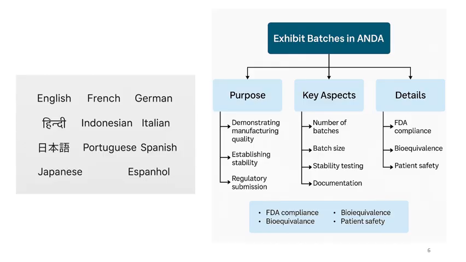So in short, the exhibit batch purpose is to demonstrate manufacturing quality, establish the stability and meet regulatory submission requirements. Key aspects are number of batches, batch size, stability testing and the documentation. Then exhibit batch details: FDA compliance, bioequivalence, patient safety. So in short, the exhibit batches should comply with the FDA, should demonstrate bioequivalence and should demonstrate the therapeutic equivalence